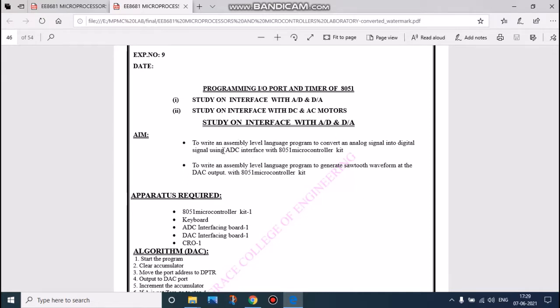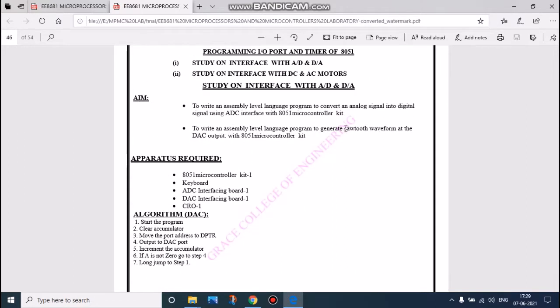Analog to digital means we get the output in LED lights only, that is digital values, whether 1 or 0. And for digital to analog output, we can get the output for sawtooth, triangular and square waveforms. I have shown you the square, triangular and sawtooth outputs in the running, but here, for simplification, I will show you only the sawtooth waveform.